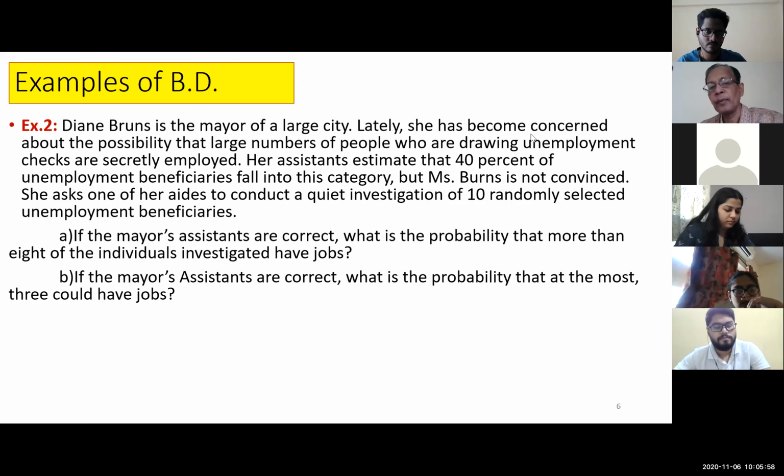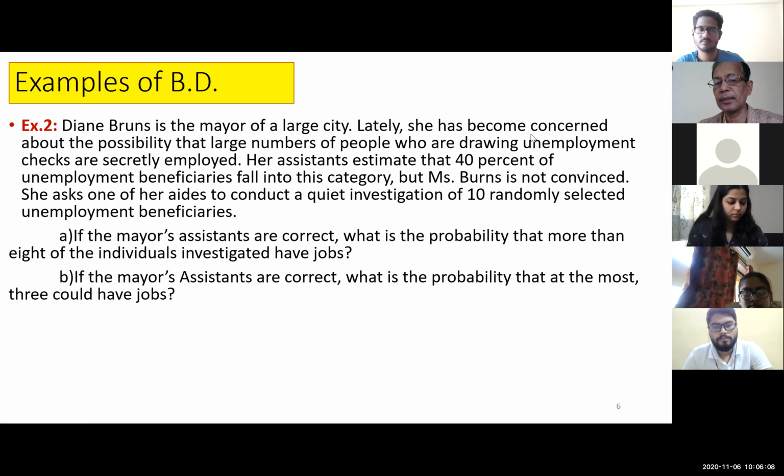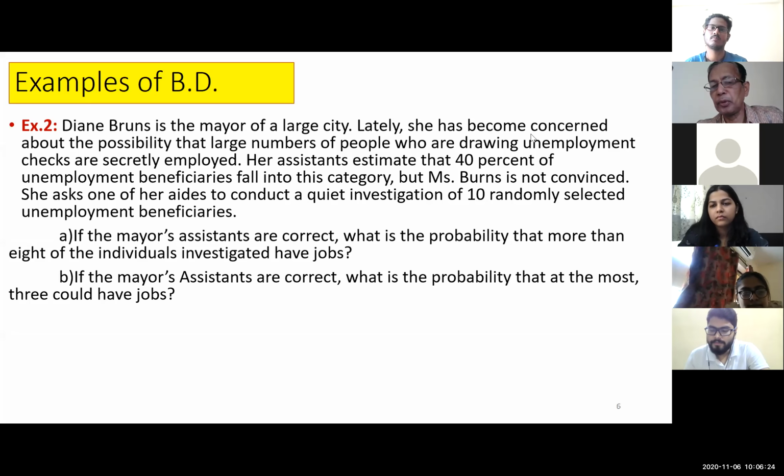Devesh, can you summarize the first bit only, what Supratik has correctly told? What should be the first sentence of the answer? Just tell me the first sentence of the answer. Sir, I was saying that instead of saying success in employment, can we say that unemployment beneficiary is 0.4? Yes, absolutely, that is fine. No, move ahead. My question is, when we expand it mathematically, what will be the first sentence? That is what I am asking.